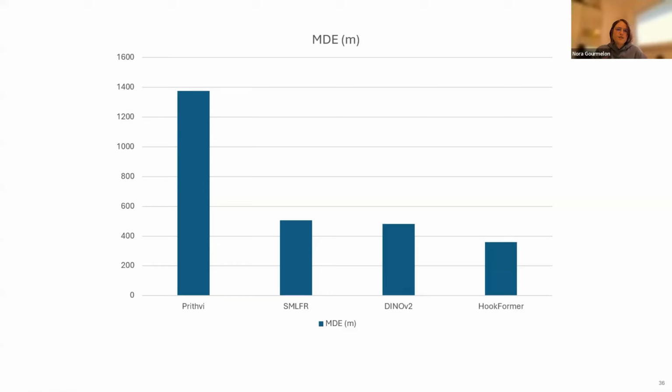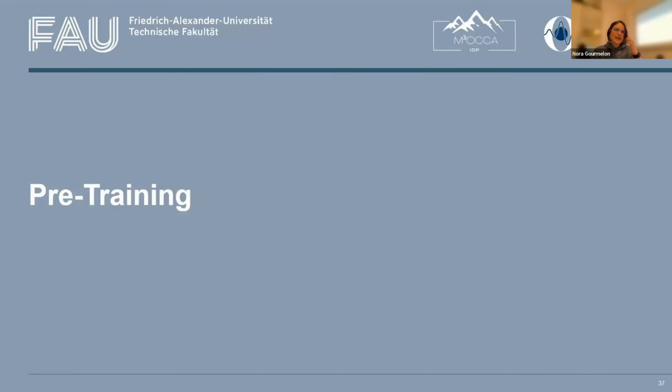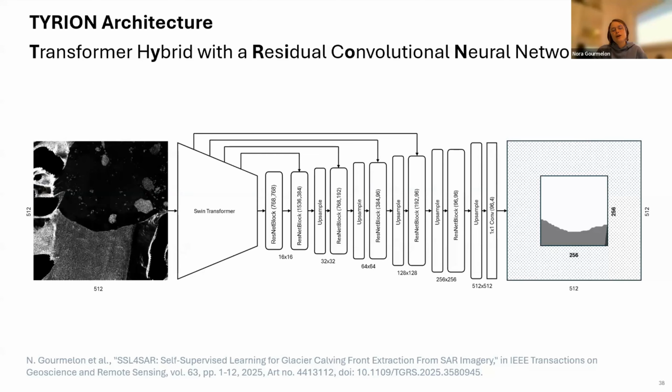So we hypothesized that the domain gap between the task and the pre-training data of these foundation models is too large. So we turned to pre-training ourselves. And that means we can again switch to our own architecture. For that, we first wanted to find an even better architecture than the HookFormer. Our new architecture, we call it Tyrion. It's short for Transformer Hybrid with a Residual Convolutional Neural Network. It has a Swin Transformer encoder